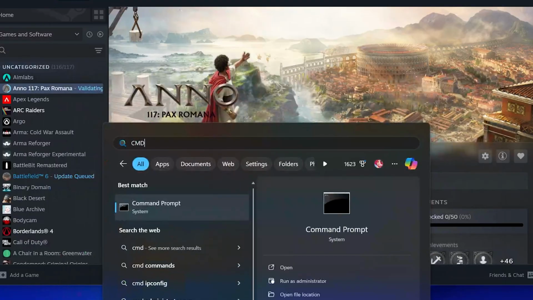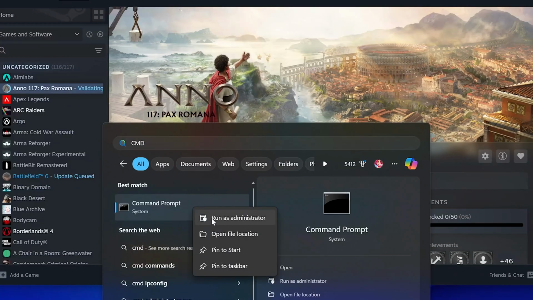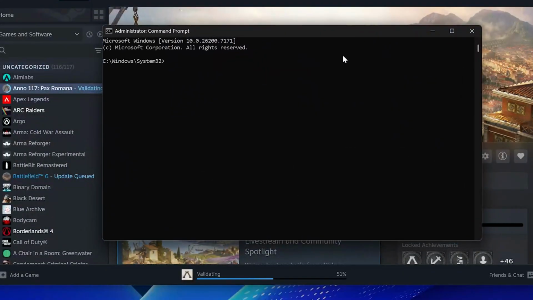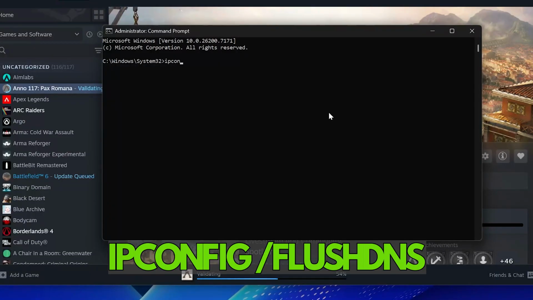Solution 2. If the Trajan desync error still appears, go to the search bar and type CMD. Right-click Command Prompt and select Run as Administrator. Now type the following command and press Enter: